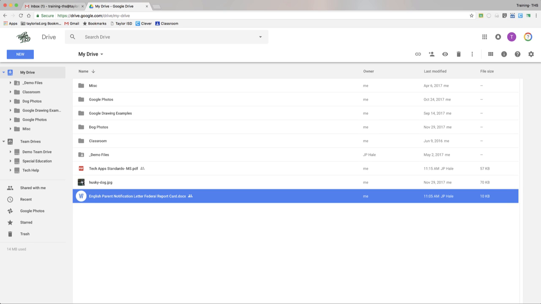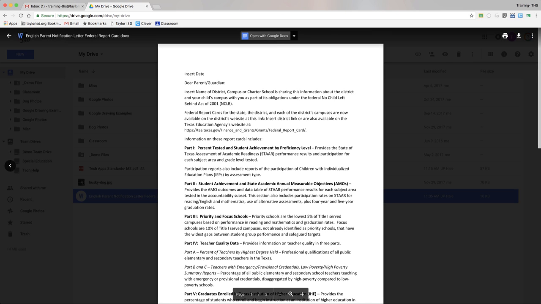So you can see in my Google Drive here, I have a Word file. And when I double click it, it gives me a preview. And I could open and convert it to Google Docs and then save it back to Word. And then you have issues potentially with the formatting. So since I don't want to risk that,